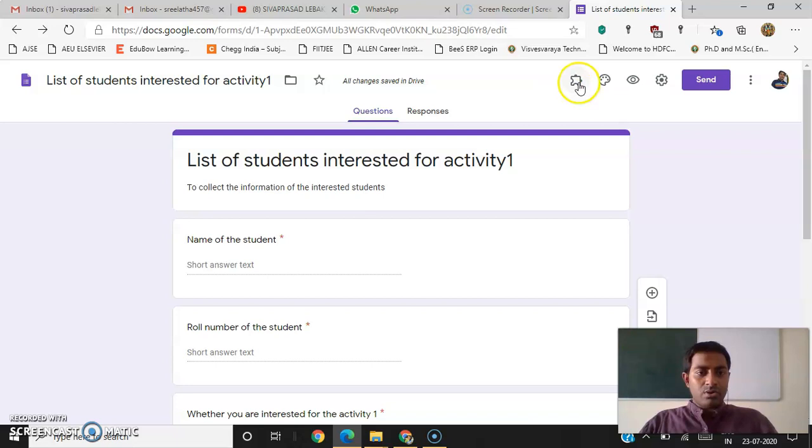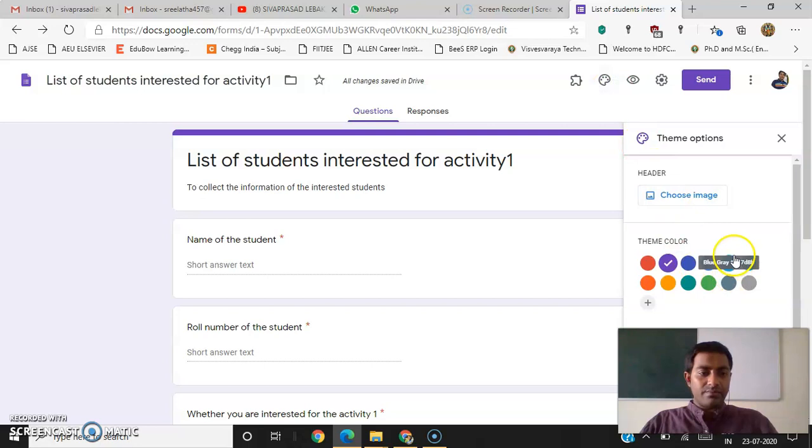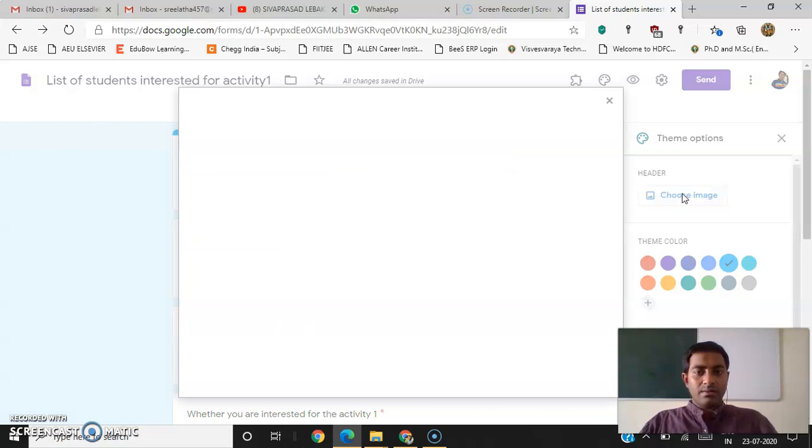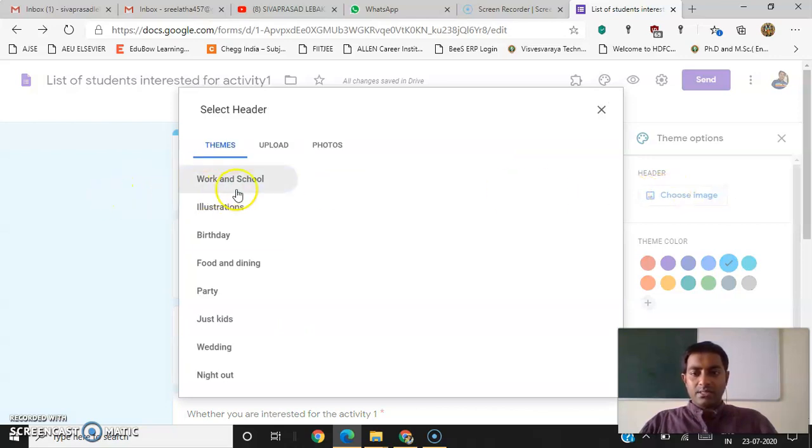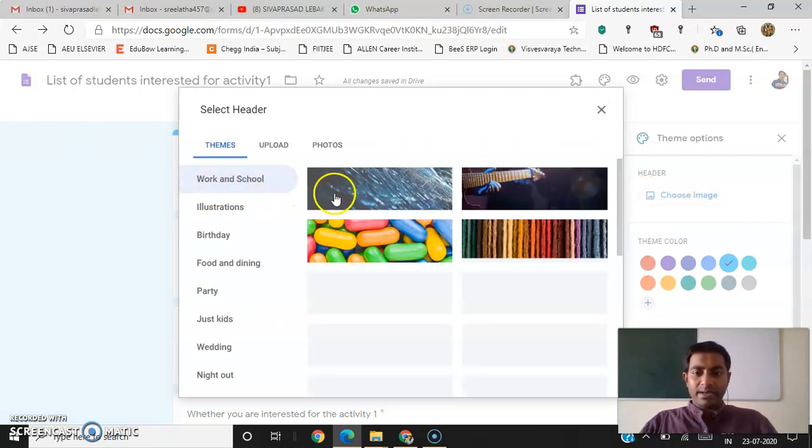So now let us explore some more options available here. This is add-ons. We will explore this one in the next class. These are themes. Customize the themes. You can select your own color. And this is the option called choose image. If you choose this one, some related images will be displayed.